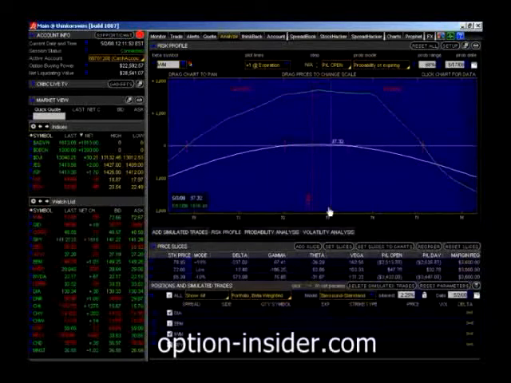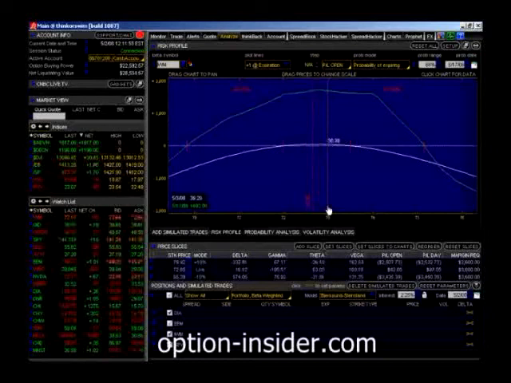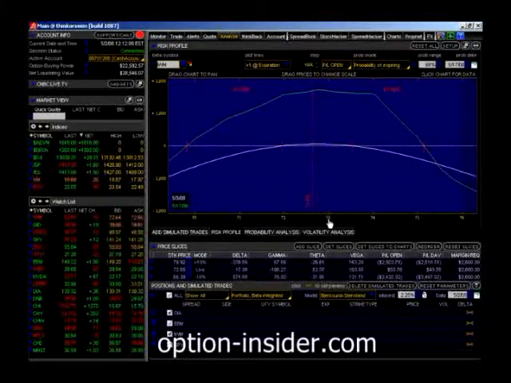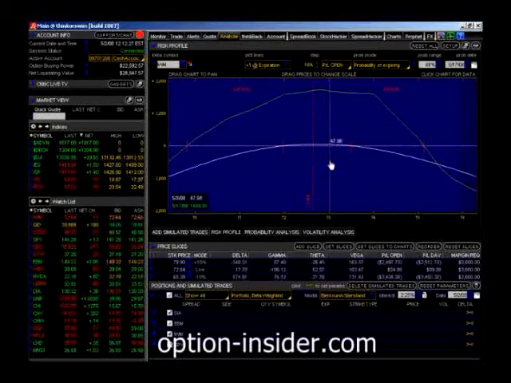Concentration of risk means that, let's say at the 73 strike price, you have a very large position at the 73 strike price. And I guess size all depends on the capital that you've allocated for this business. But let's say $5,000 is a lot of money to you. Well, if you have $4,000 of your money tied up in margin and they're all centered around the 73 strike price, if you have all of your risk concentrated around the 73 strike price,